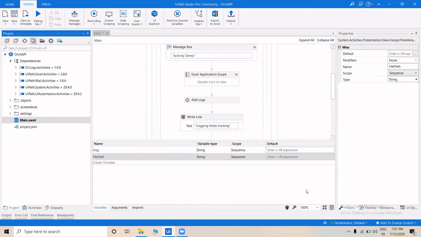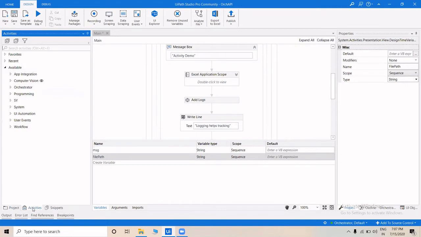So this package over here, sy.logs.activity, you can find on Connect. This package has two activities underneath it. On the activity panel, you can see sy.logs.activities. There are two activities, add custom log and add logs. One by one, I'm gonna demonstrate both of them and you can use them according to the need of your project. First we'll see how to use add logs.